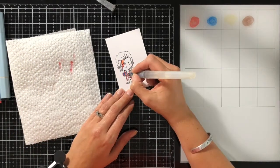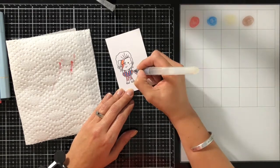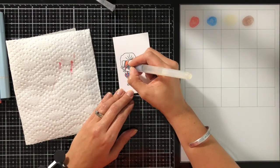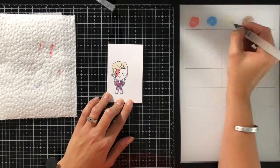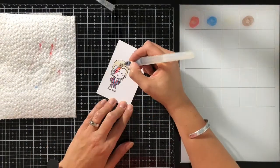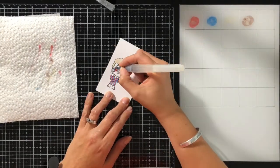So you can color him in any way you want. I am actually using some watercolor markers along with a water brush. This is kind of my go-to technique when I want to color something. I'm really comfortable with watercolors. I think there's a lot of forgiveness in them, so I like using them and I just love the look. So I used a couple different markers, and what I did is I scribbled them down